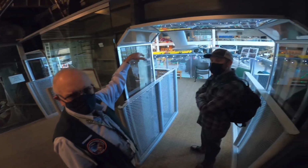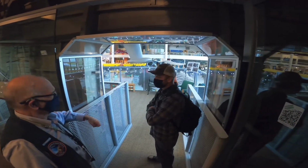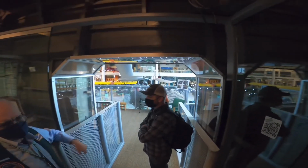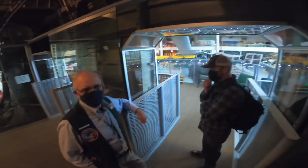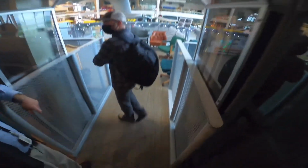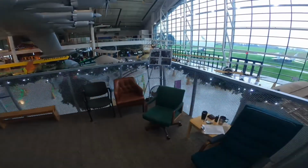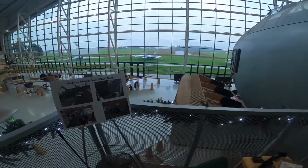I saw that B-17 they used to call the bomber restaurant in Milwaukee. Oh yeah, it's in Salem, right? Yeah, it's for sale now. There's talk about we might get it back here at this museum. We had a B-17 here that they flew out of here. All they needed to do was clean the carburetors, and it started right up, and they were able to fly. They used to have a B-25 and a Mustang, and they had quite a bit of stuff here at one point. Kind of interesting how that all went. P-38, that was flown out here. P-38 was sitting